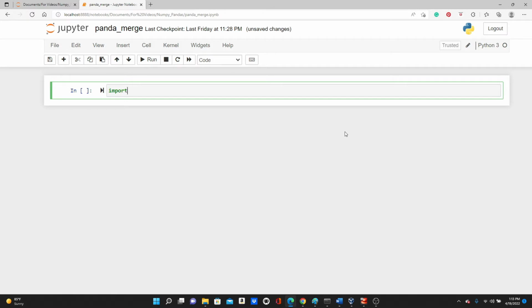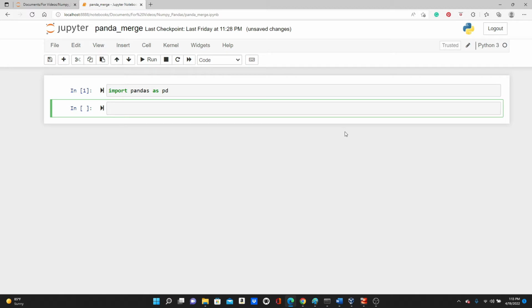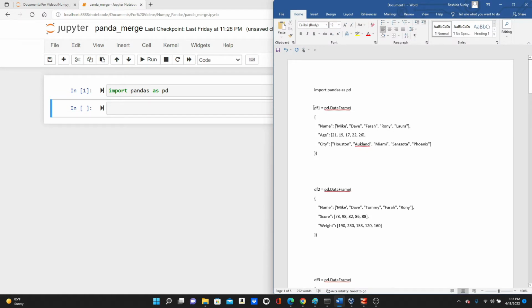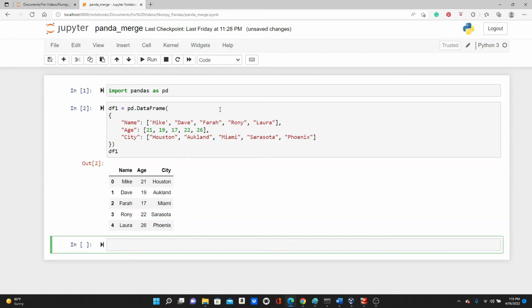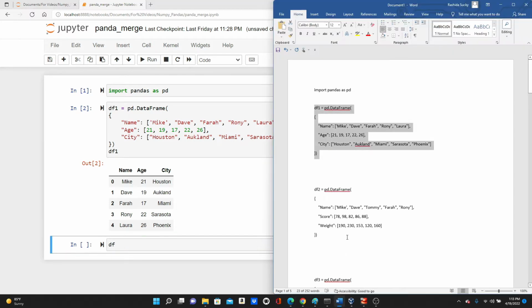Okay, let's start. Import pandas as pd. For this tutorial, I am going to use some small data sets. So I already have the codes for them, and I have these codes in the description box below. Please feel free to copy and follow along. Okay. I need one more data set or data frame